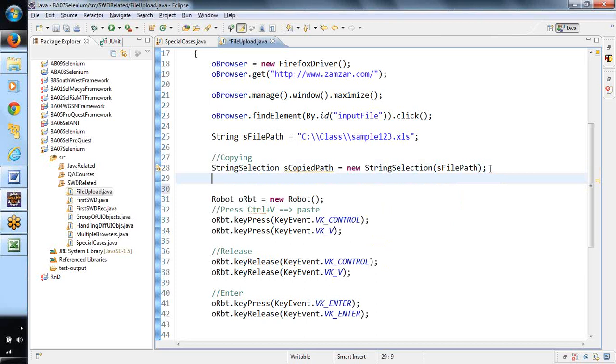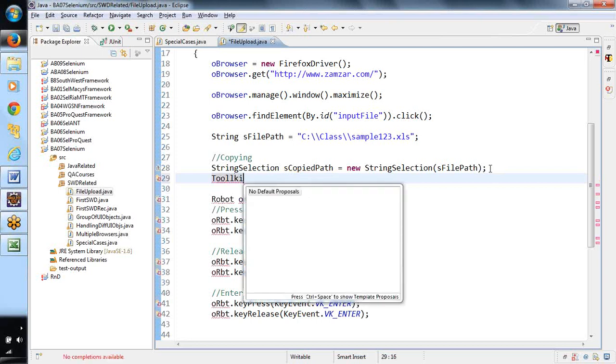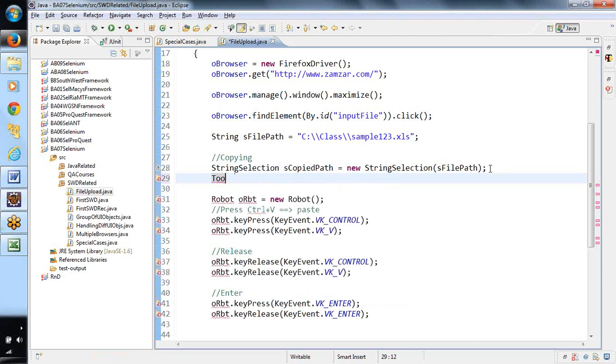we will be using the, spelling wrong, there is something called Toolkit.